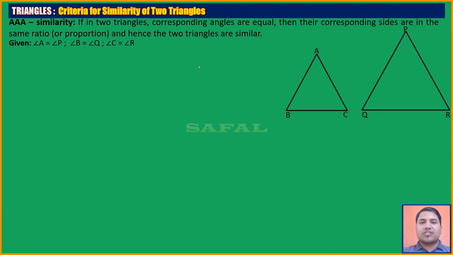Now in the previous lecture, when I was teaching the condition for similarity of two polygons, we saw that two conditions were mandatory. The first one was that angles must be equal and the second one was that sides must be proportional. Now here the angles are given equal. So using this information, if somehow we can prove that the sides are proportional, we can say the two triangles are similar. So let us try to do that. We need to prove ABC similar to PQR.